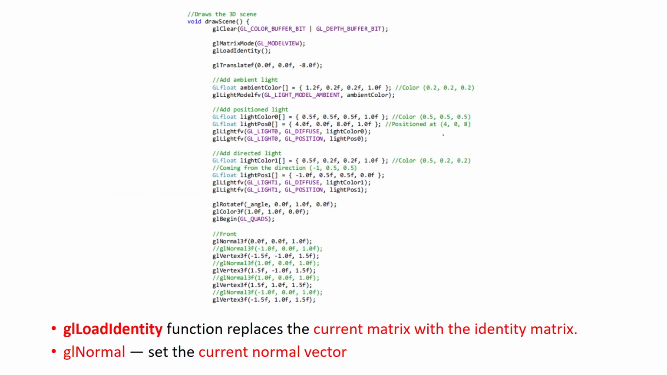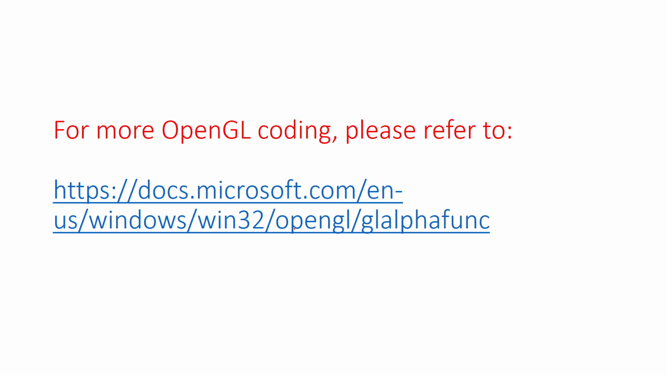The glLoadIdentity function replaces the current matrix with the identity matrix. glNormal sets the current normal vector. For more OpenGL coding, please refer to